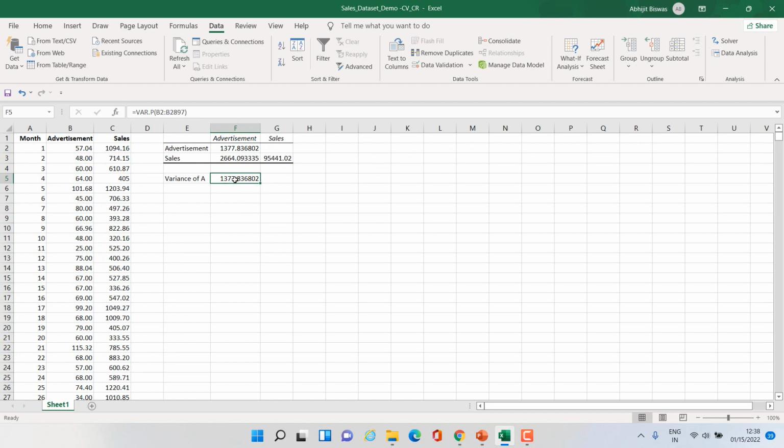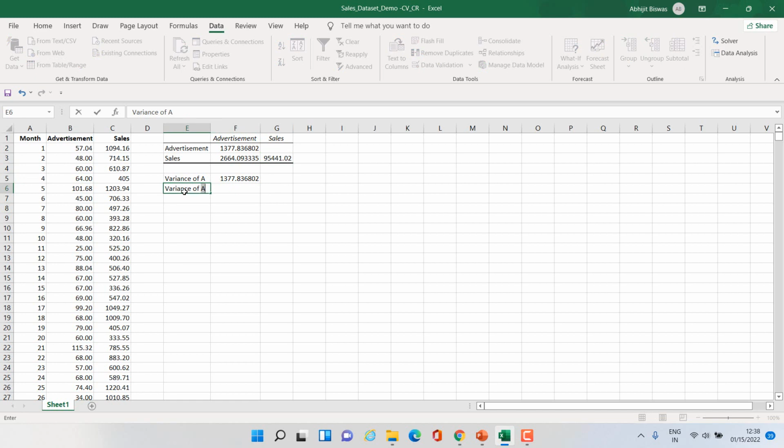So this verifies the fact that covariance between advertisement and advertisement is same as variance of advertisement. Similarly, if you look at this number, this is basically covariance between sales and sales. It is same as variance of sales. So let us verify that.